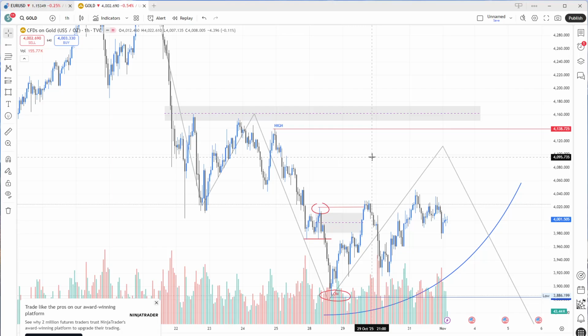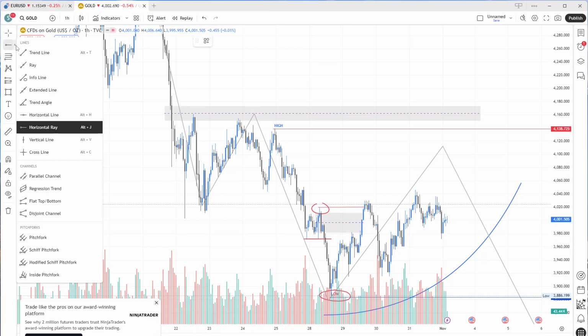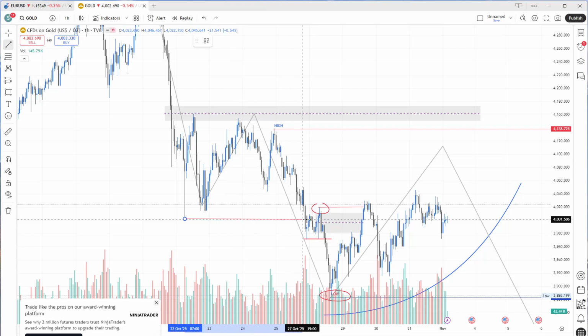So let's say hypothetically, if we clean all of this up, right? How will we anticipate this? Let's say we know that price is going to go down. So let's set this as our target, right? How we're going to play this